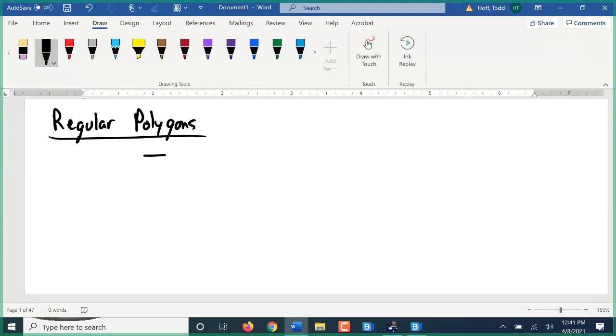So like a regular hexagon, at least as close as I can draw it, would look something like this. All the sides are the same length. All the interior angles are the same angle. Now, I can find those interior angles. The way I find the interior angle